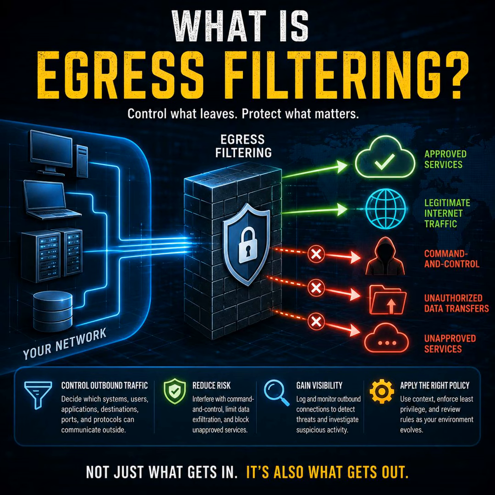A practical way to evaluate egress filtering is to begin with the communication needs of a specific system or group of systems. Identify which external services are required, which protocols support them, which source applications should initiate the traffic, and who owns the business need. Then compare that approved model with actual outbound logs. Connections that cannot be explained should be investigated, while approved connections should be translated into rules that are as narrow